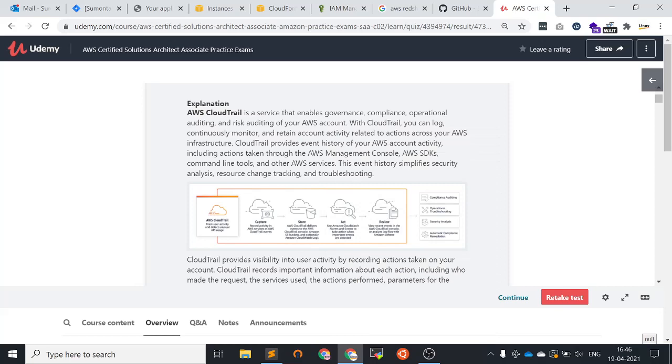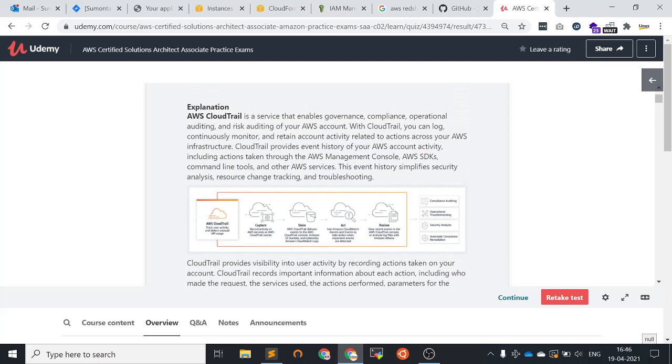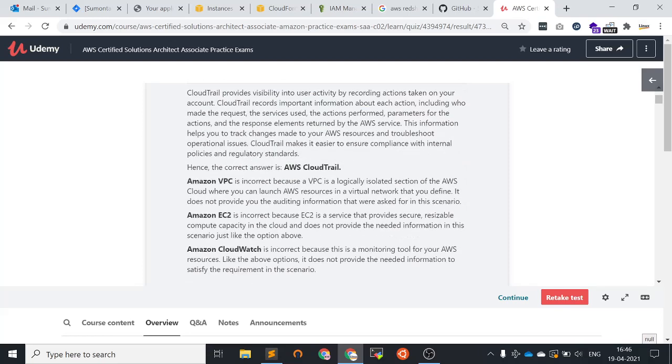So using CloudTrail, we can get all the details. And what are the uses of CloudTrail? CloudTrail also provides visibility into user activity.